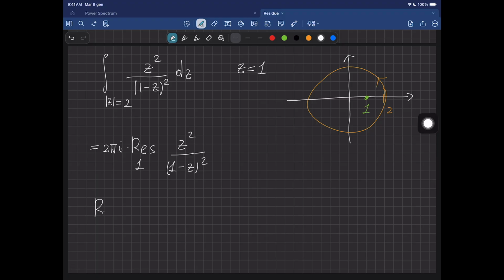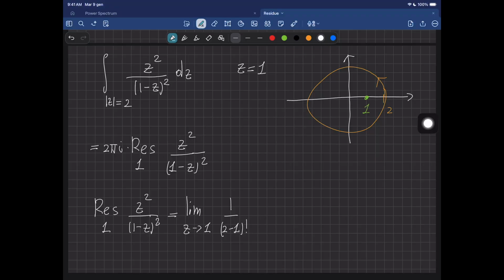So I know that the residue at 1 of this function z² over (1 − z)² is equal to the limit as z goes to 1 of 1 over (the order of the pole minus 1) factorial. So the order of the pole is 2, minus 1 factorial, which is going to be 1 factorial, which is just 1,